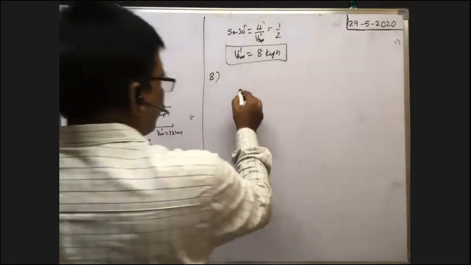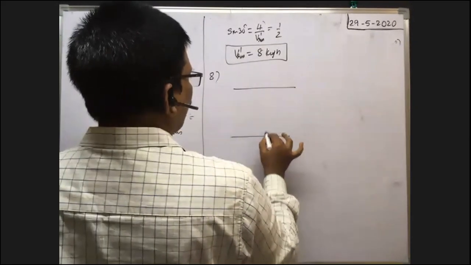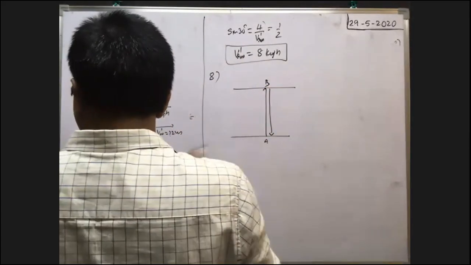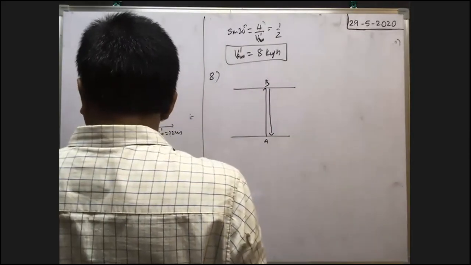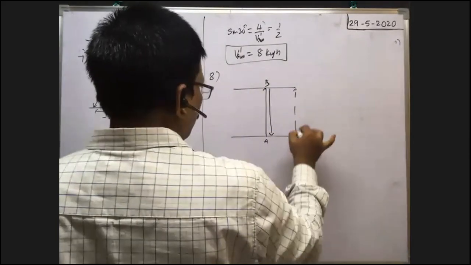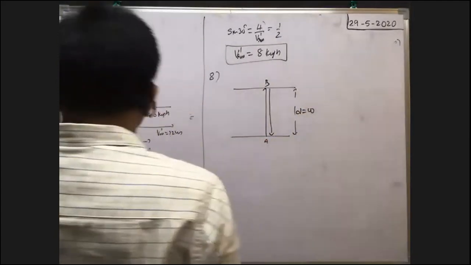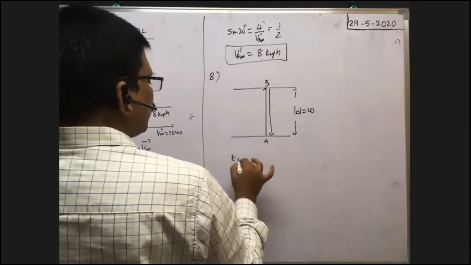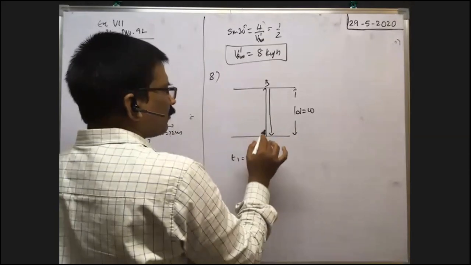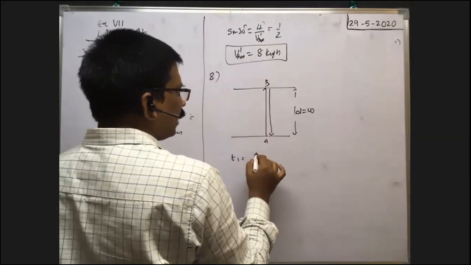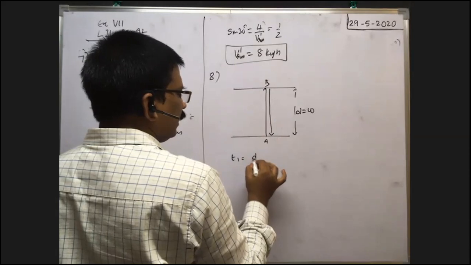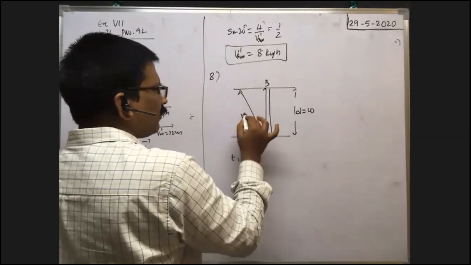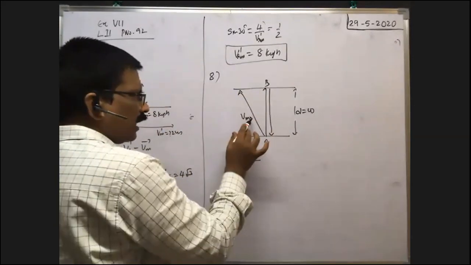Here, to travel from A to B and then back to A. A swimmer crosses a flowing stream of width omega; the width of the river D is equal to omega, given. To travel to and fro like this, time taken is T1, given. What is the time taken by the man to travel from A to B? It is the width of the river D divided by the velocity in this direction. To travel along the same path, the man has to travel upstream with a velocity VMR, the velocity of the man with respect to river.